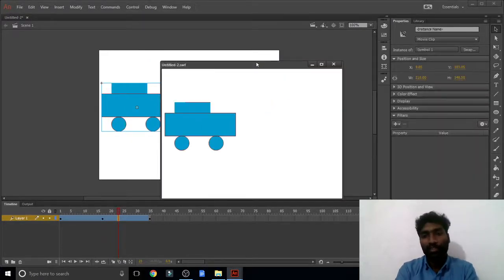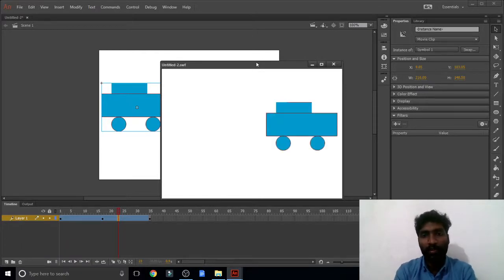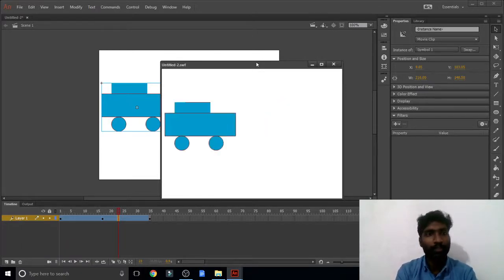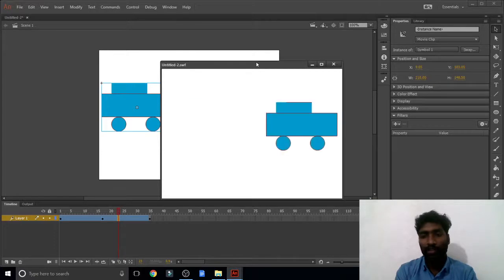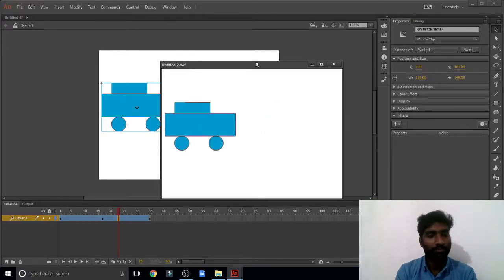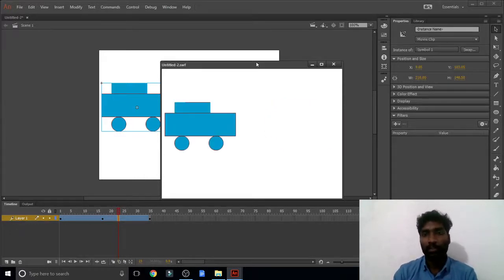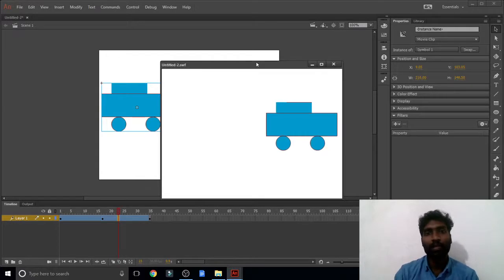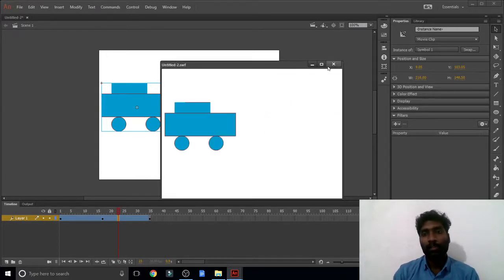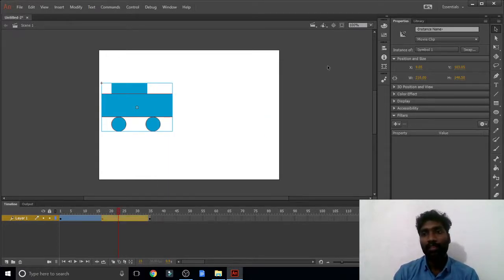My dear students, actually here the motion tween is not working properly. We cannot see the motion tween because the software quality in this laptop is not good.